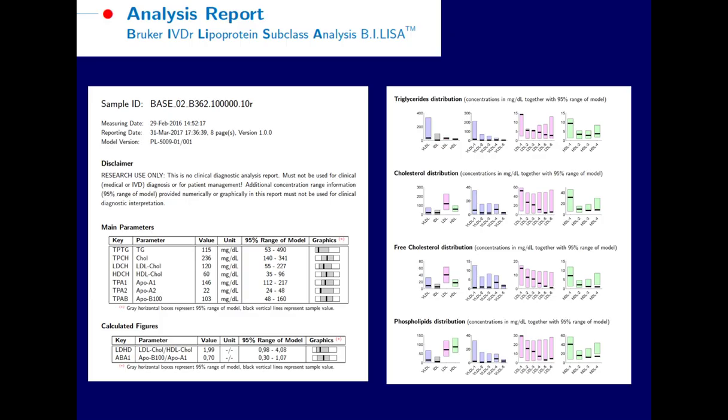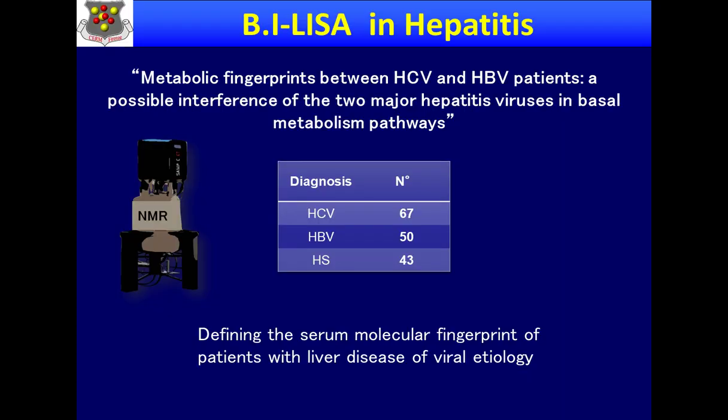Now, you have seen this from Manfred, so I don't need to go through it. You have seen that this report is very detailed. This is for lipoproteins, and also you have seen that there is a very detailed report for small metabolites, small molecules. And we have a few examples that are all in progress, all very preliminary, and nothing is published, so I cannot even give you so much details. But we have actually started using this IVDR from Bruker, this predictor.